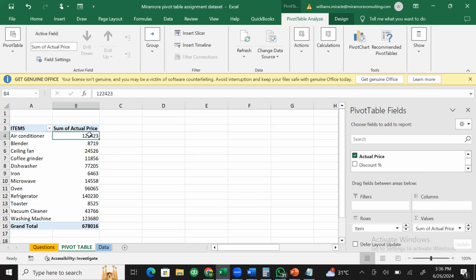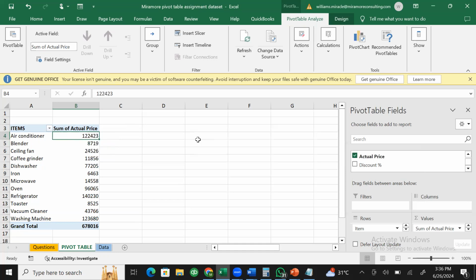Or you can have proper description. Okay, metadata. So that's items, and these are sum of actual price. Okay, so we want to segment this. Since we already have this here as our items and the actual price that it was sold, so maybe we are told to now